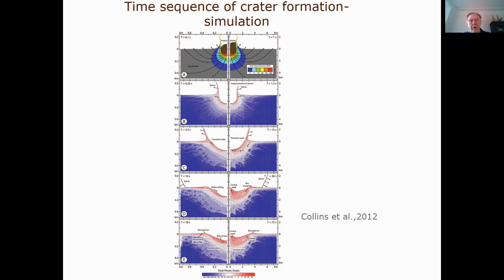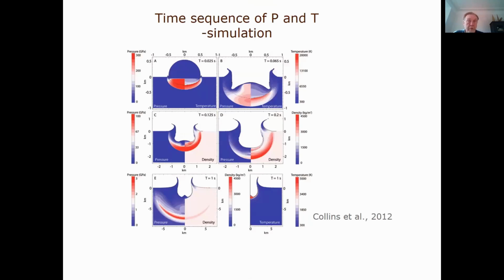We don't know how it behaves. It's an enormous problem. We sort of initiated and started, and we all agree there must be some material that can evaporate here. But we cannot account for its movement, account for its exchange of energy, and that is an enormous problem. In terms of the pressure and temperature in particular, just to illustrate what peak values we are having, we are getting close to pressures of 300 gigapascals, and we are approaching temperatures of 20,000 Kelvin.